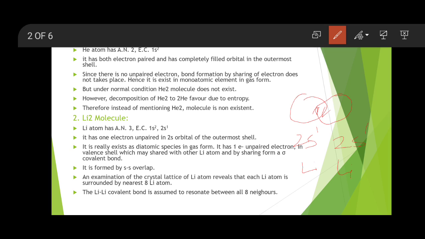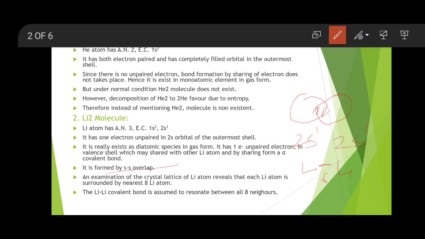So when these two atoms' orbitals overlap, there will be formation of a lithium single bond, and here this is the axial overlap, so therefore there is formation of a sigma bond. Everybody understood? So this kind of overlap is called s-s overlap. Everybody understood? Now this can be proved when you examine the crystal structure of lithium,